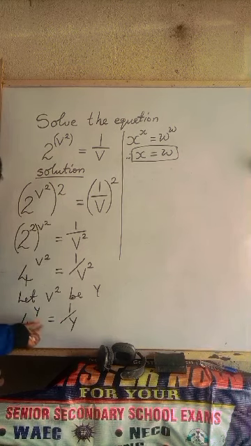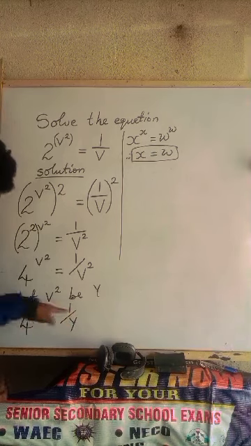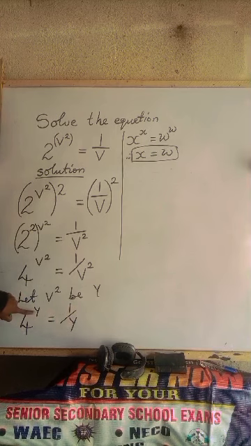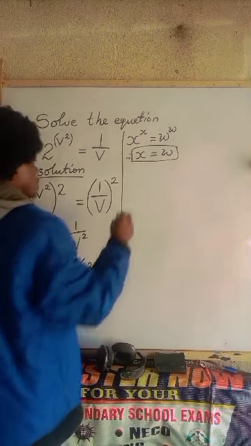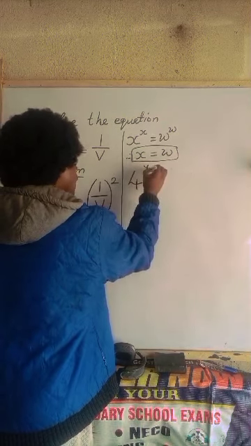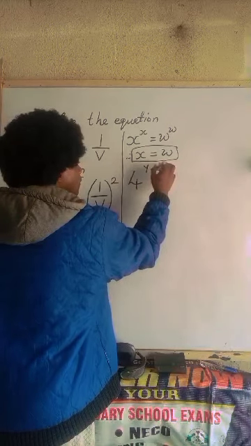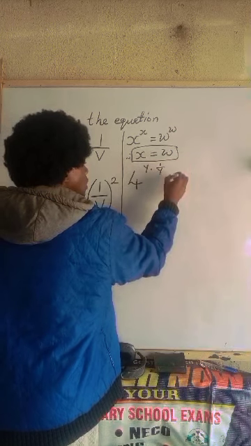How will we take this y to the other side? We can take it to the other side by multiplying the exponents by the reciprocal of y. And the reciprocal of y is what? 1 over y. I mean the inverse, 1 over y, which is 4 power y multiplied by 1 over y, okay, is equal to